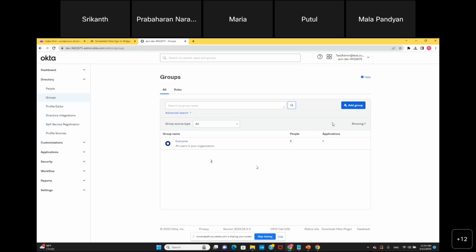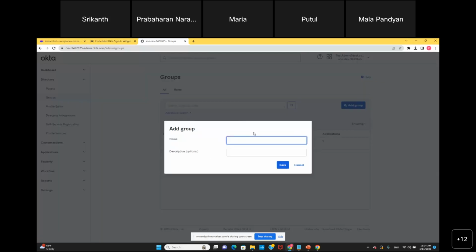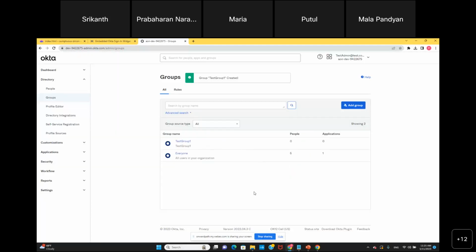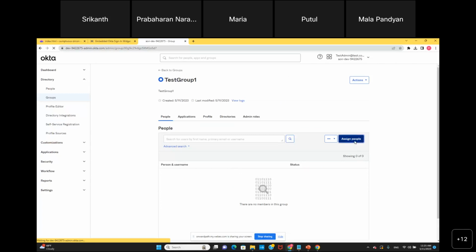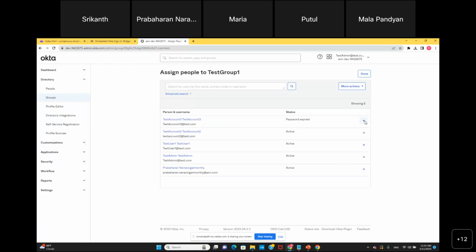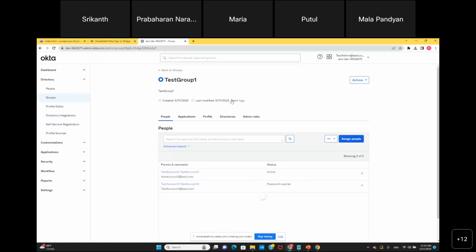specific to our groups. So just go here, like a test group one. So it creates a group, and if you see there are no people here, and I would like to assign some users here. Just go to assign, and I am assigning this user. That's it. So this has 2 users,